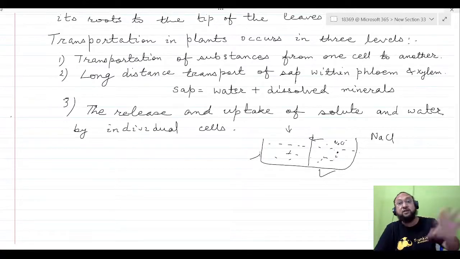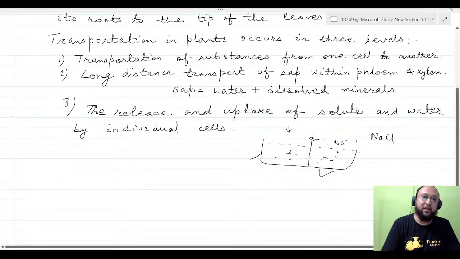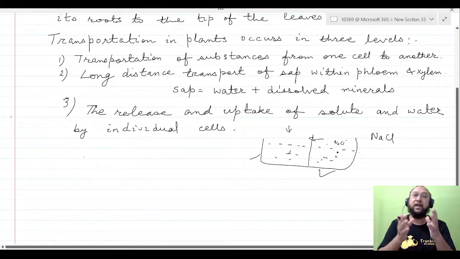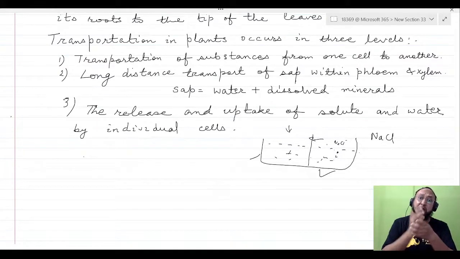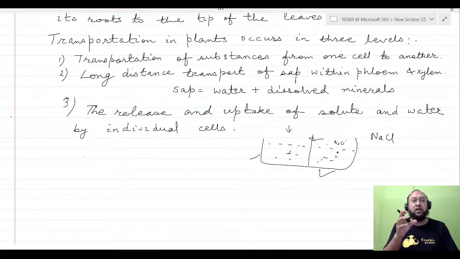It is being possible passively, and no energy is required in this kind of transport. So this kind of transport is called passive transport. Another type is the active transport, where we find that in the transportation some energy is required, and in active transport, the movement of molecules is